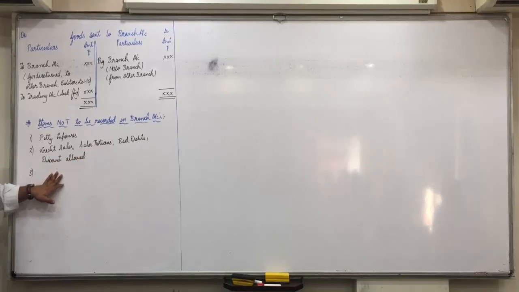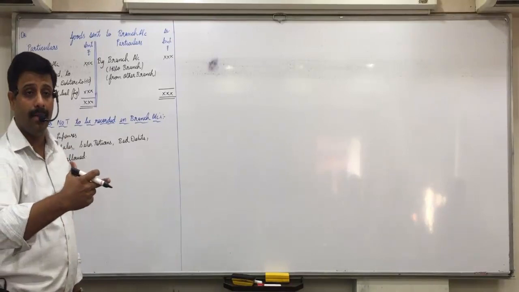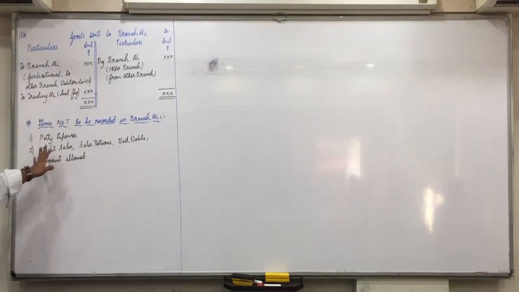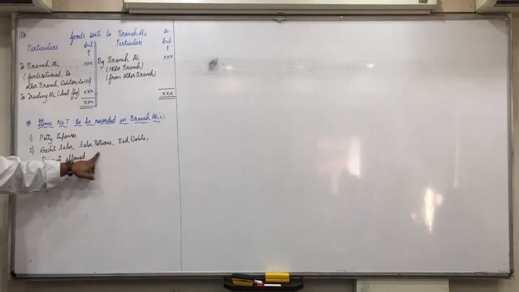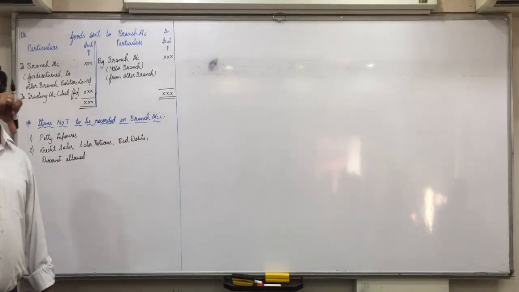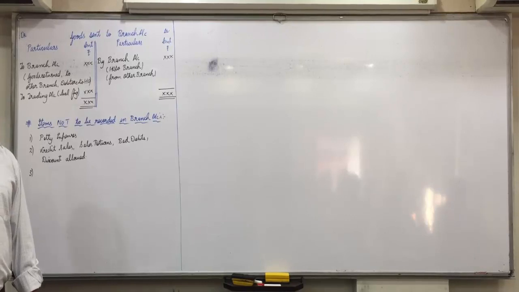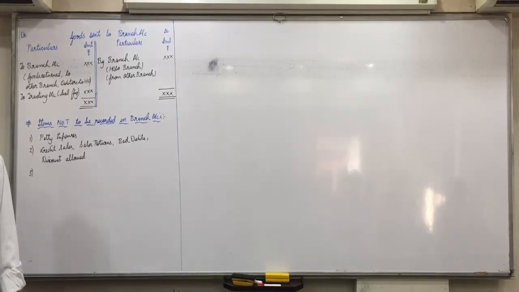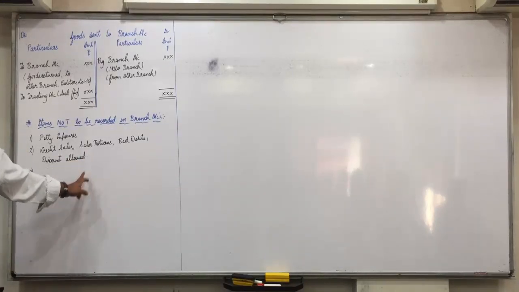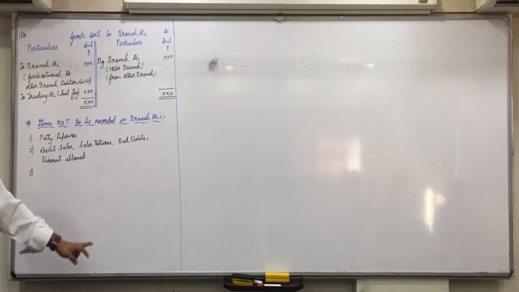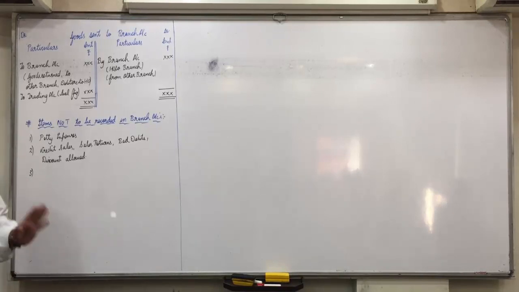Did you understand this? Did you find any of these entries in the branch account we had seen in the format yesterday? Cash sales were there on the credit side. But did we record anywhere credit sales? Sales return from the debtors to head office was there. Because there we assume that debtors return to branch and then branch returns to head office, so it comes on credit side. But if debtors directly return the goods to branch only, they are not to be recorded. Because then branch returns to head office, then only will we be recording it. Otherwise in the books of head office it is not going to be recorded. So be careful, there is a difference.